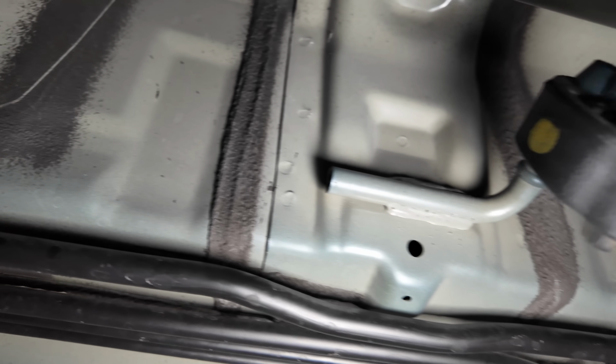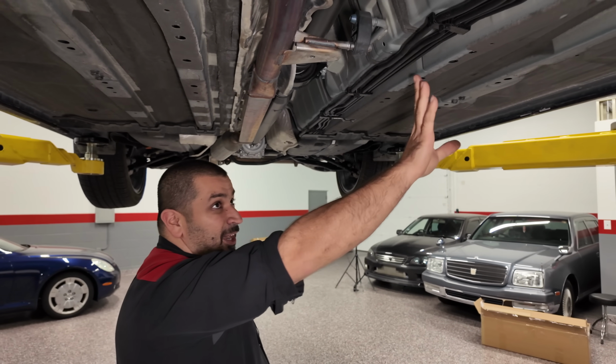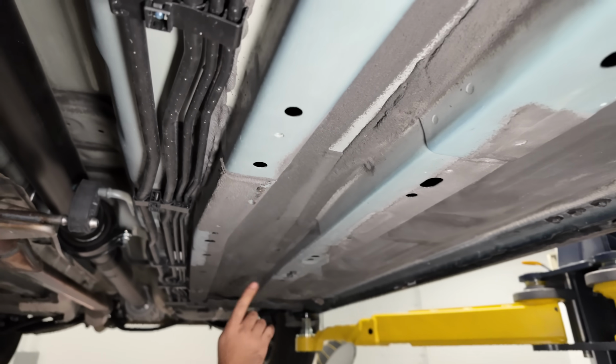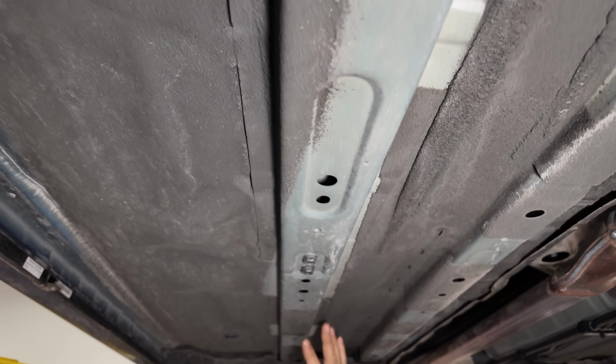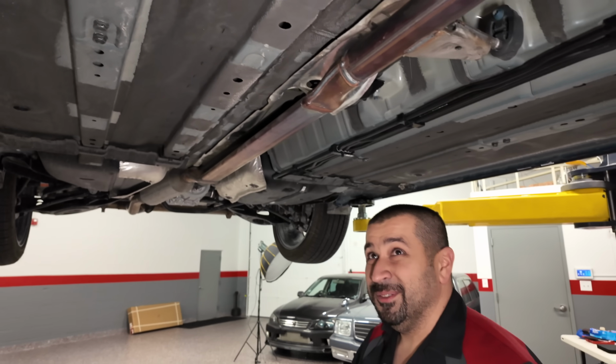Didn't get that one. And here's what I don't understand. I mean, we sprayed this, and that is very nice. I would love to see this all over, but we have all these open spots. And here, it almost looks like there was something here that was preventing us from spraying this. When I start seeing stuff like that, that's when I start to...